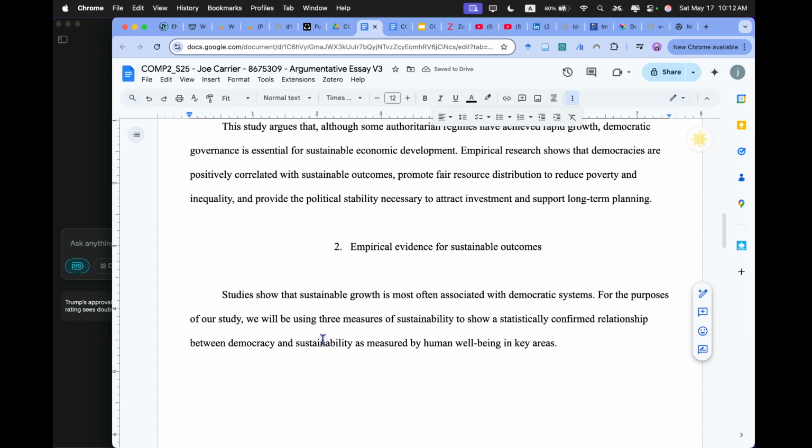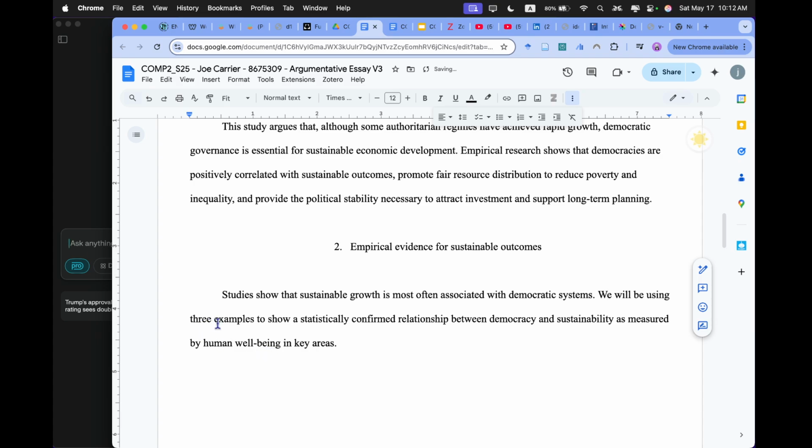For the purposes of our study, we will be using three measures of sustainability to show a statistically confirmed relationship between democracy and sustainability as measured by human